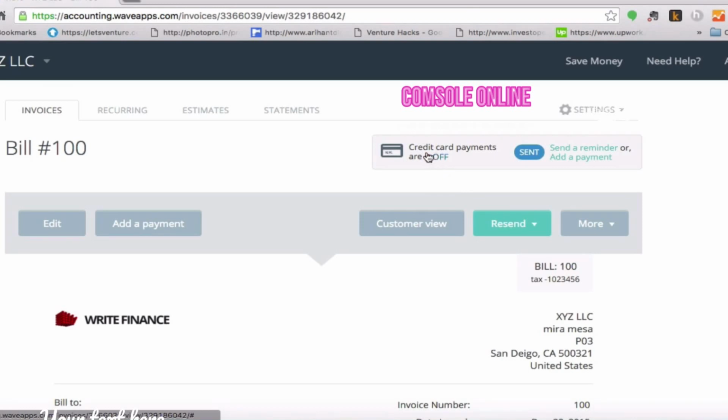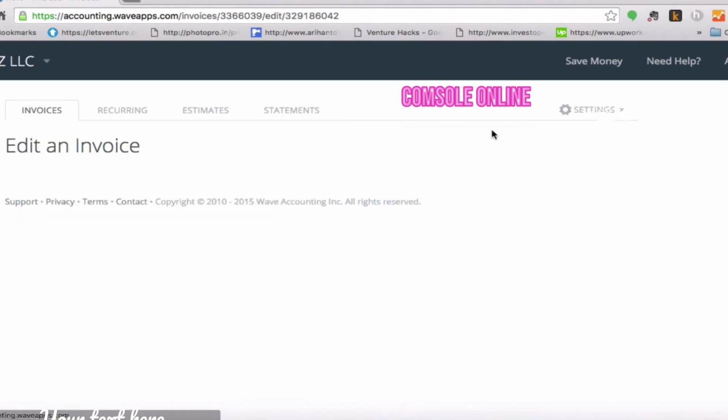See, here it says the credit card option for payment is off. So here what you need to do, since you have already turned on that button which I showed you earlier, you have successfully turned on the receiving of credit card payment option. Now you just need to edit this. If you have any invoice where you need to change it,